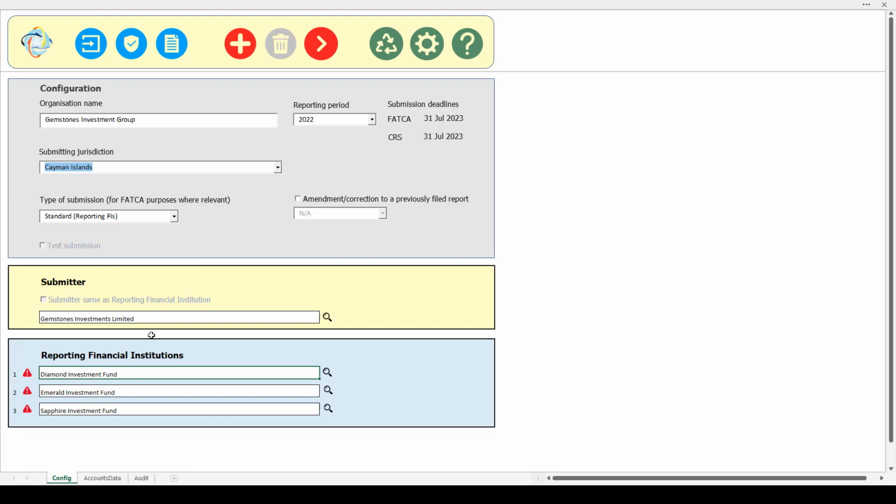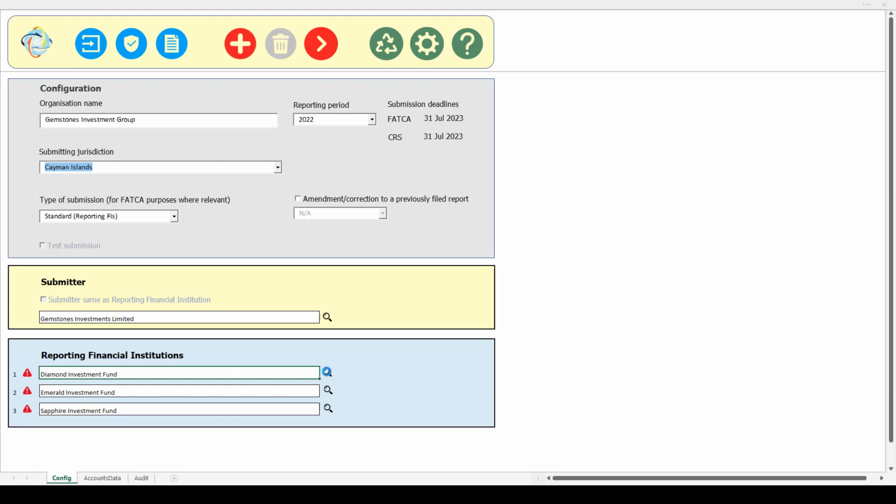And also, you might have noticed that some warning triangles have appeared. Whenever we make a change on this screen, we rerun all of the validation checks and refresh those warning triangles as required. So in this case, I've changed to a different jurisdiction and there are some rules that apply, and therefore the validations notice that there's something that needs correcting.